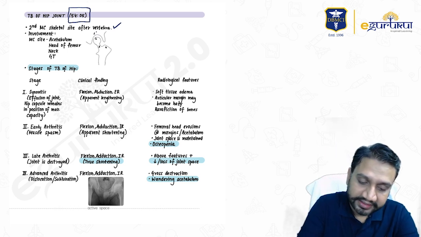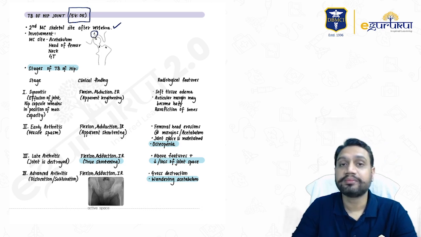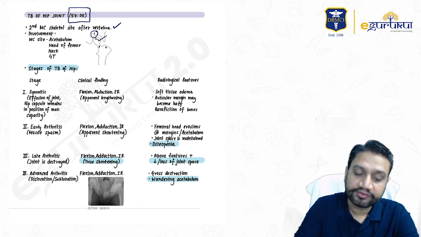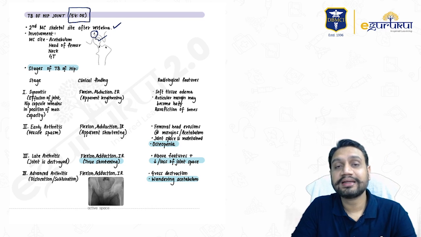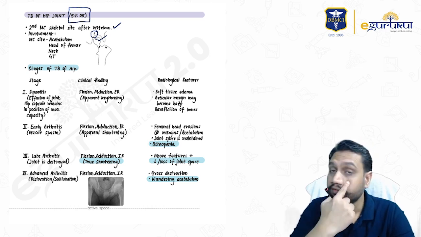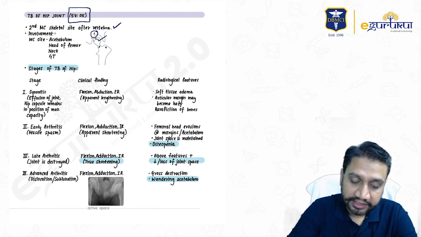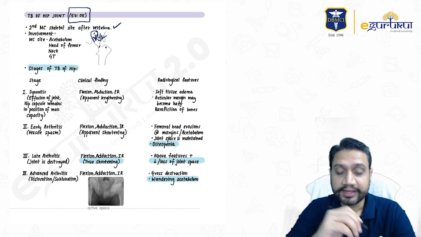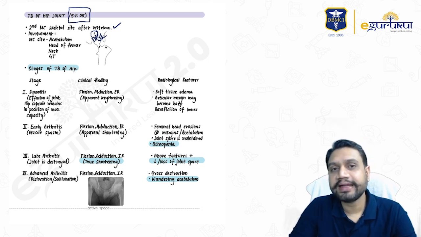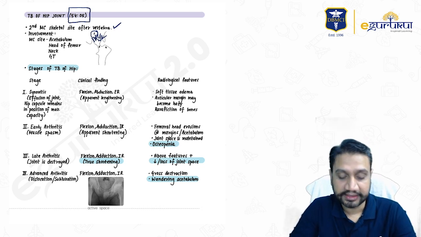Most common site remains your roof, the acetabulum. Second commonest site, the head of the femur. That means the most common and the second most common site are around your joint. That means there is always a tendency that the hip joint may very well get destroyed as a part of tuberculosis. Okay, so initially, whenever there is any kind of inflammatory process going on in the hip, the first